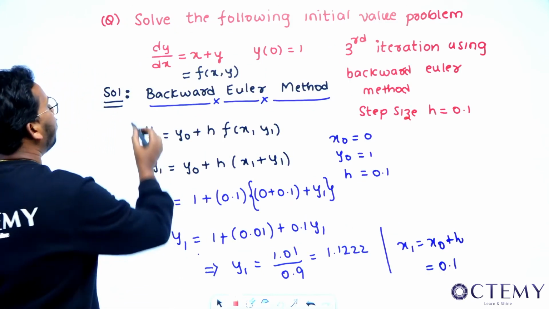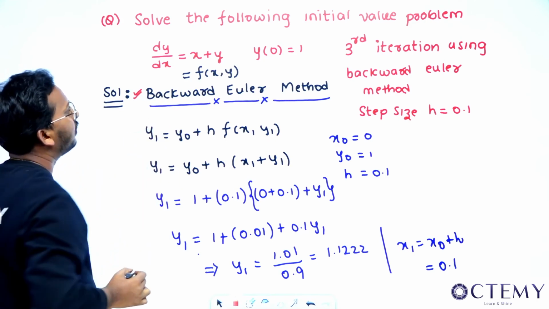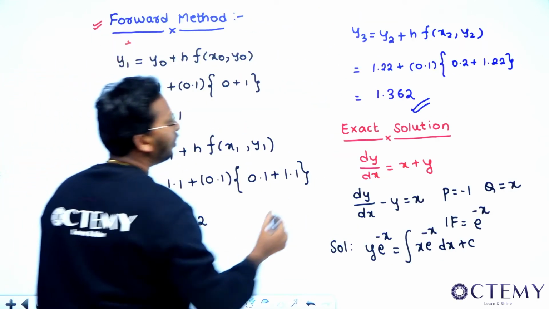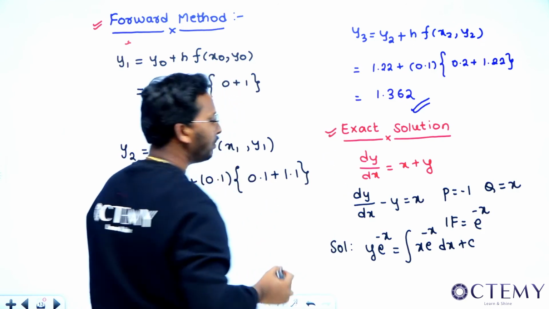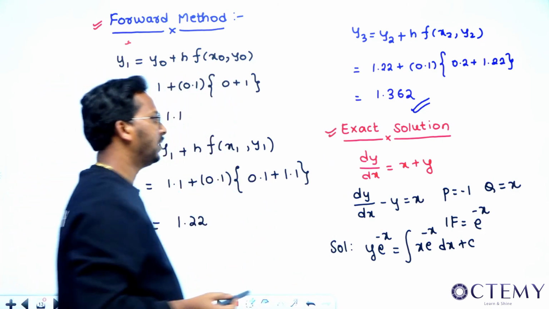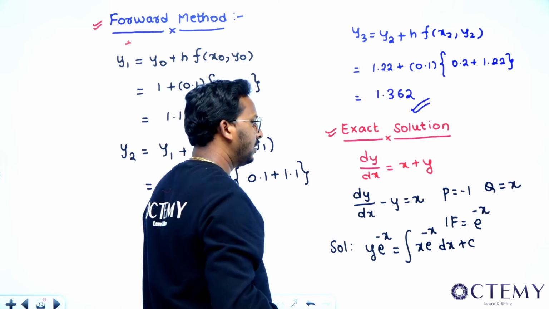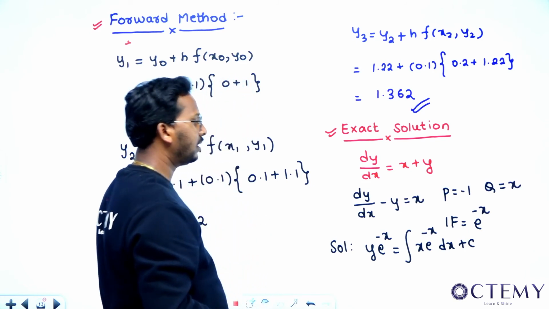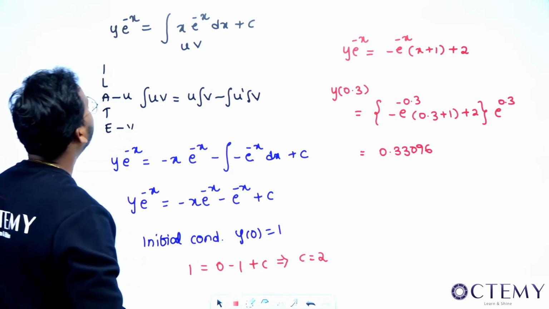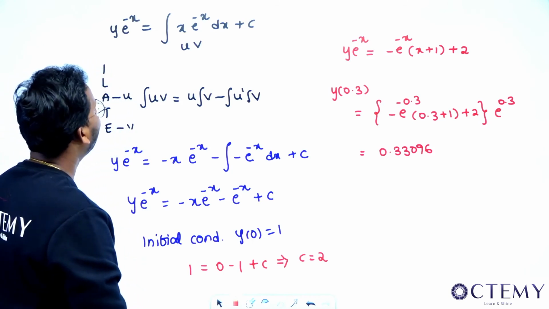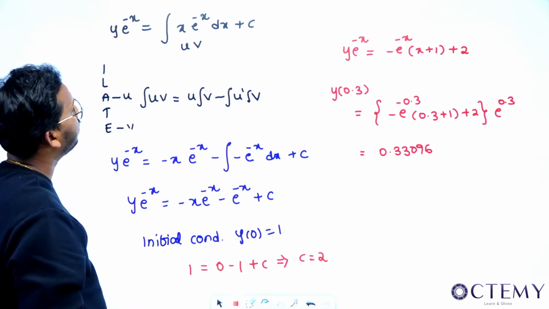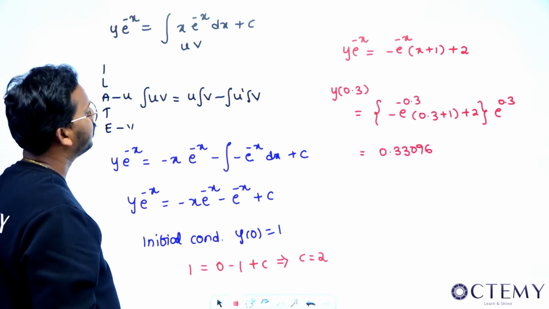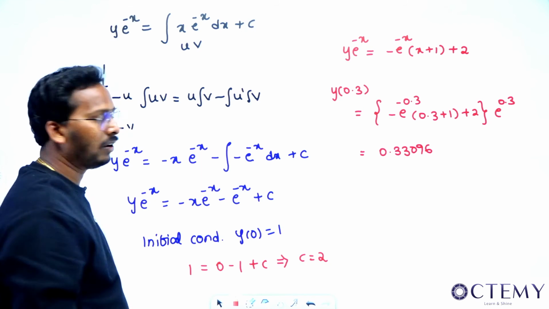So just try to understand how to apply your backward method, how to apply your forward method, and somehow you already know how to do the exact solution, right? Let me check the exact solution. This is e power minus x integral e power minus, yeah, this is correct, sir. So this will become u e power minus x minus 1 minus 1 e power minus x minus 1 plus, correct only, sir, everything is perfectly all right.